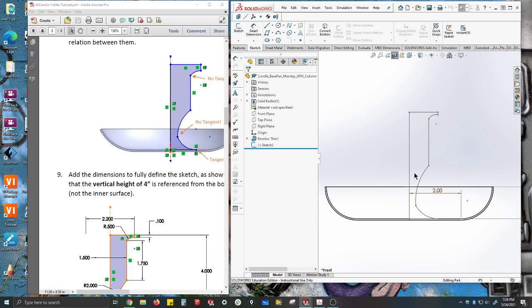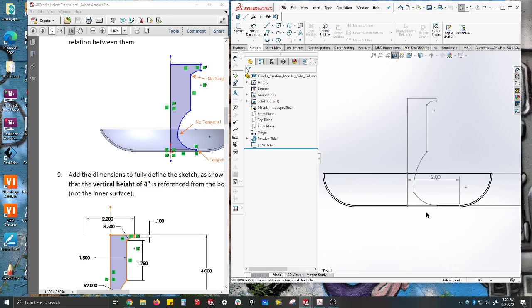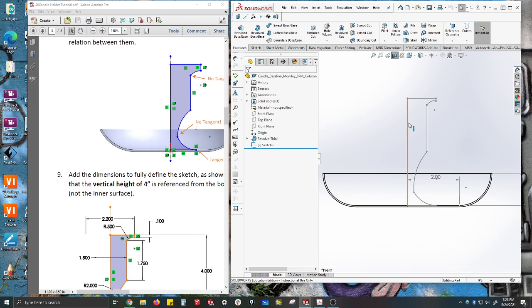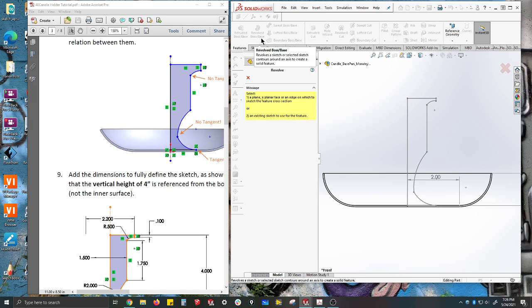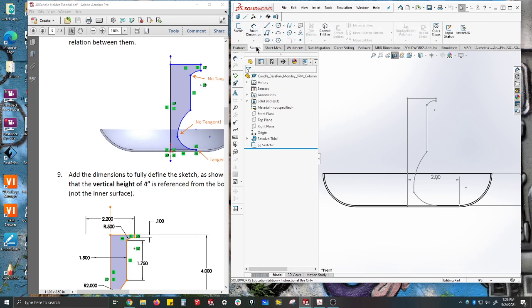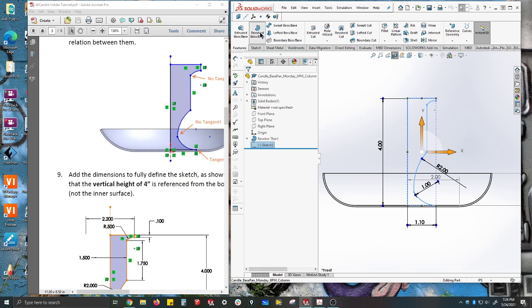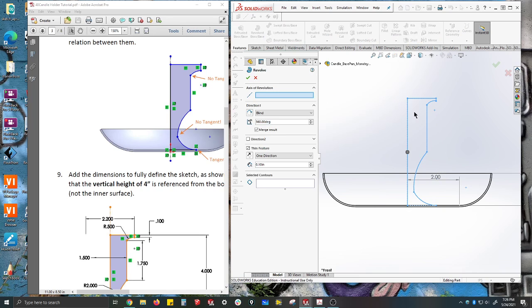Anyway, it doesn't matter. So what I can see is there's really very few dimensions here, and I think that's probably the problem. But just in case other people are watching this, let's show people what's going on. If we try to revolve this, oops, I select this sketch and I try to revolve it about this axis, I get an error saying that this needs to, by the